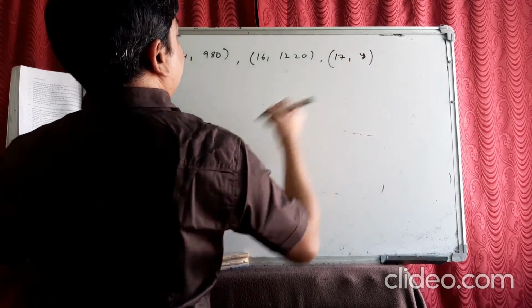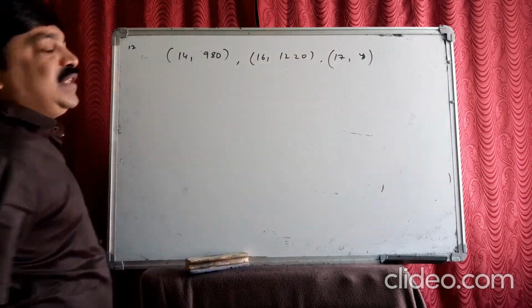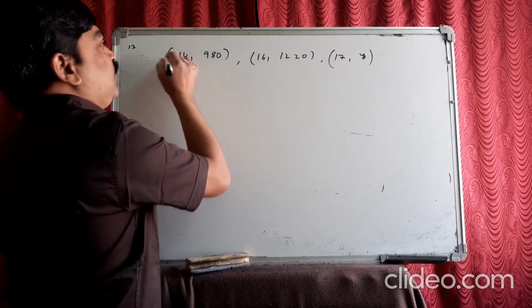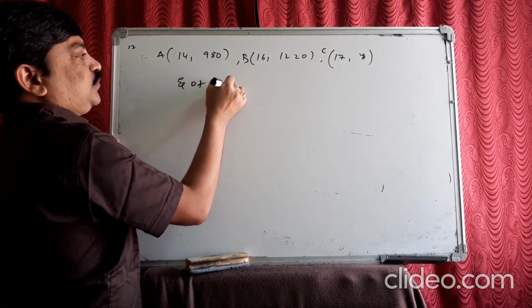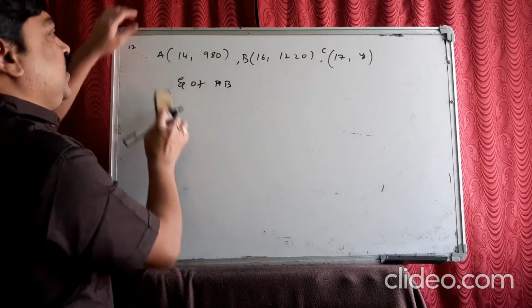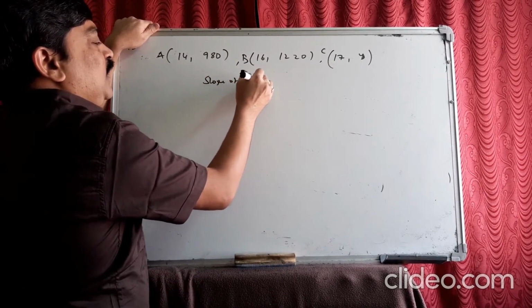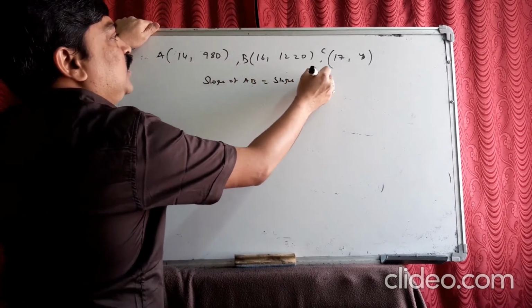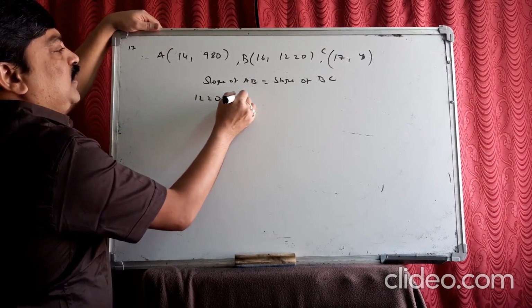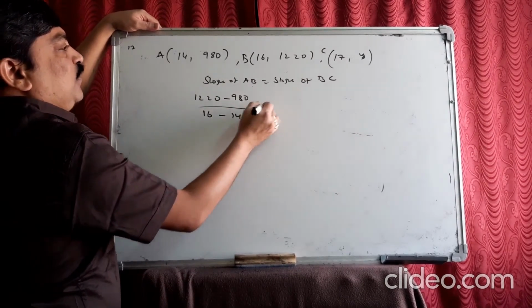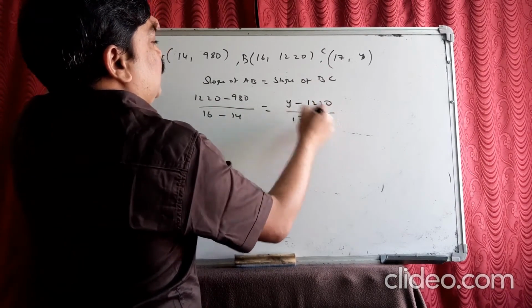Let us take this as y. This is a story. So you have to find out y value when it is 17 rupees a liter. Very simple. Let us find out the equation of this, A, B, C. Equation of AB we find out. Or otherwise we can use the concept of collinear also, because they lie on a line. Slope of AB is equal to slope of BC, because they are collinear. Slope of AB, y2 minus y1 by x2 minus x1. Slope of BC, y2 minus y1 by x2 minus x1.